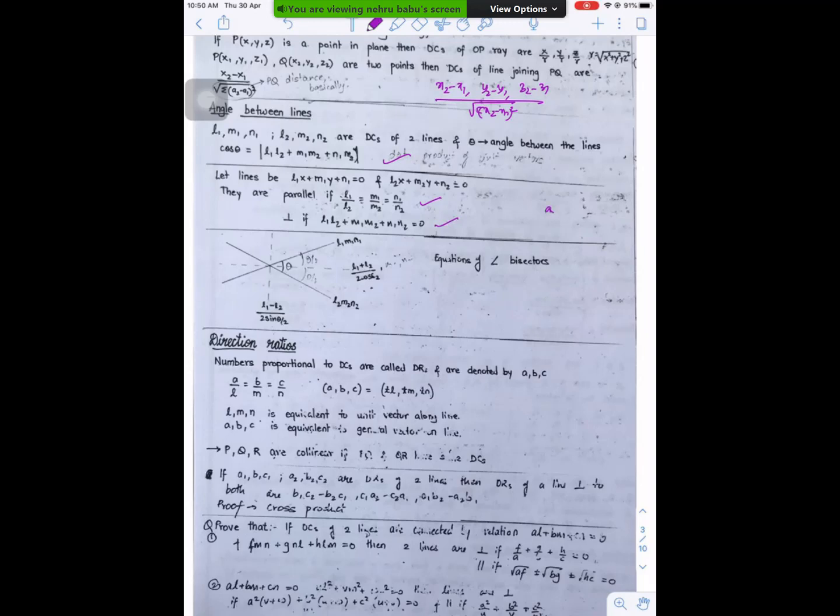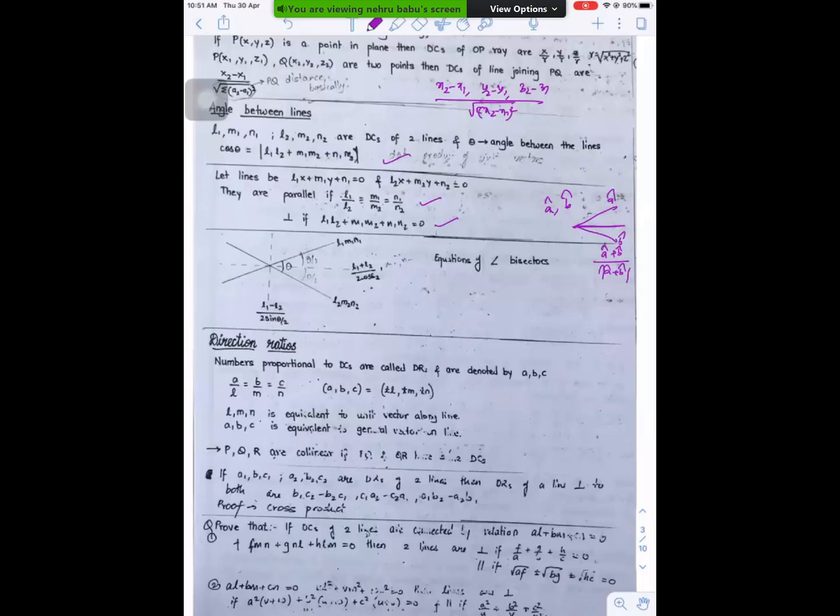And in the last class in vectors we discussed, if A bar and B bar are two vectors, or A cap and B cap are two vectors, then what is the angle bisector? If this is A cap, this is B cap, the angle bisector is along A cap plus B cap. Even if you want the unit vector on that, it is A cap plus B cap by mod of A cap plus B cap. That gives the unit vector along the diagonal. For a parallelogram, it simply is the angle bisector of the two vectors.